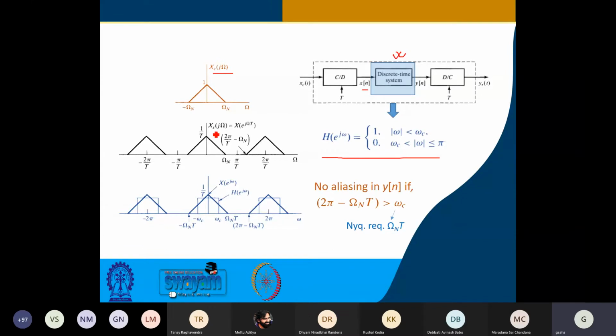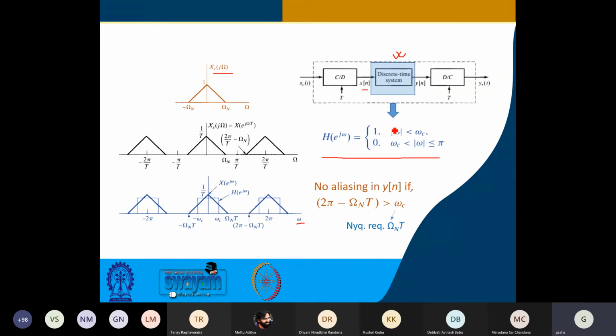Now this is the sampled version x_s. When it is converted to a sequence and stored in the memory, it is just a sequence of numbers. The concept of time is gone. So now you go to the ω domain, small ω, that is capital Ω into T. Time is consumed, because now it is all a sequence of numbers. And the 2π is the repetition, after which every 2π interval there is a repetition.